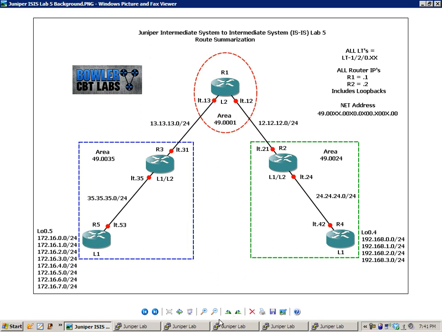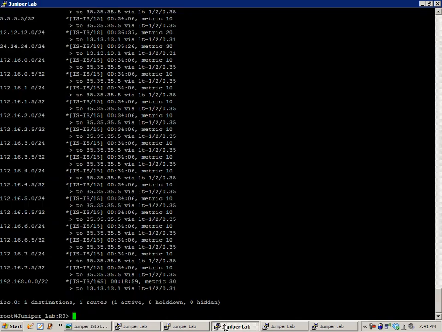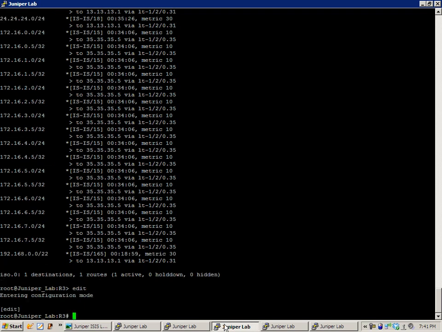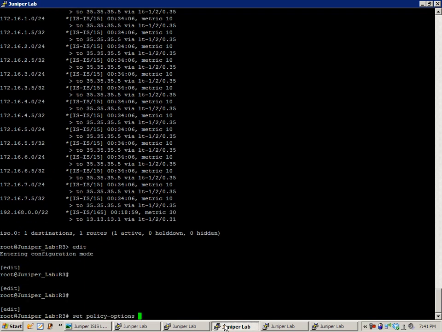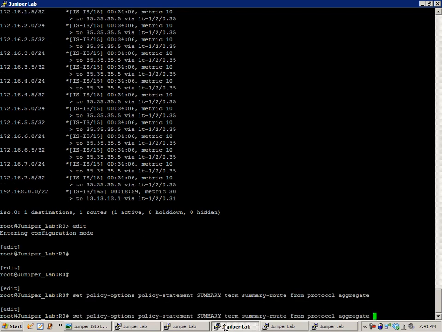So we'll do something very similar to what we did on router 2, but this time we'll do this on router 3. So we'll create a routing policy first. We'll create those two terms. We'll do set policy options, policy statement, summary, and then our term we'll call summary route. We'll do from protocol aggregate. This time our route filter is going to look a little different. We're going to use